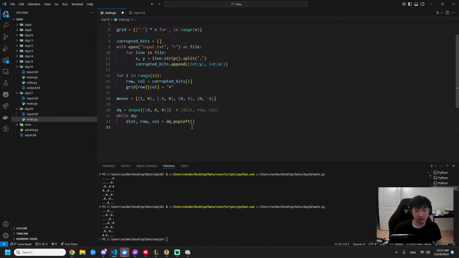And then for dr and dc in moves, if, so here we're checking for bounds, so 0 smaller equal,